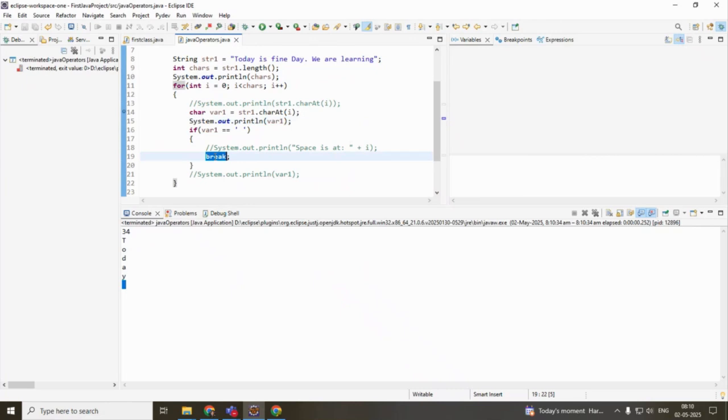Now if I say, okay, now there is one more thing: continue. Now if I say this one, it will take all this. Continue means it will continue. It will not stop until it reaches the end of the string length. The loop will run continuously. Suppose I say if it's equal to d. Okay. Now you see, today is fine day, we are learning. Now if I run this,